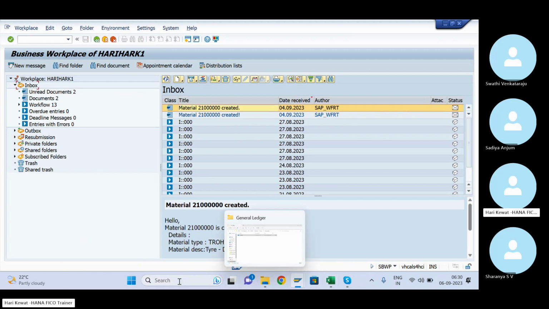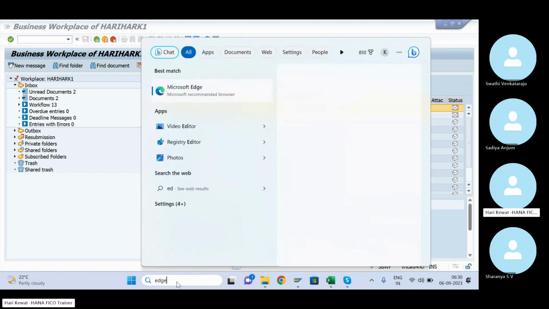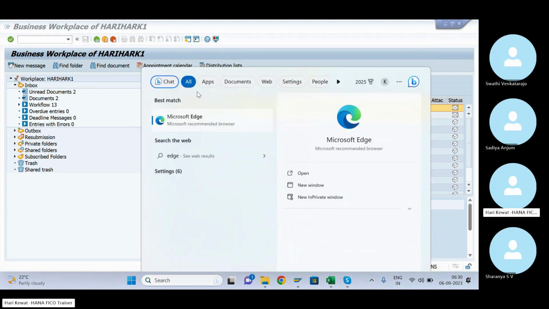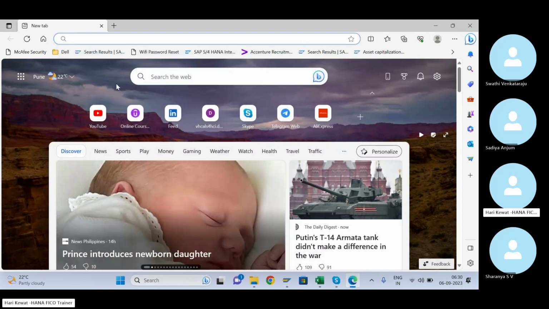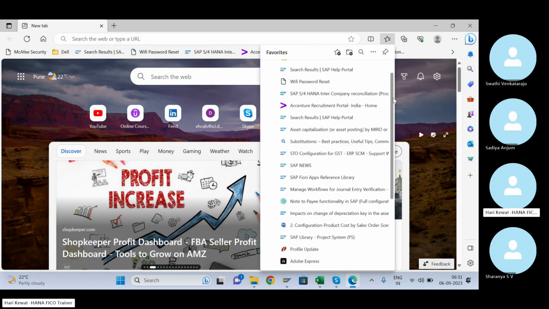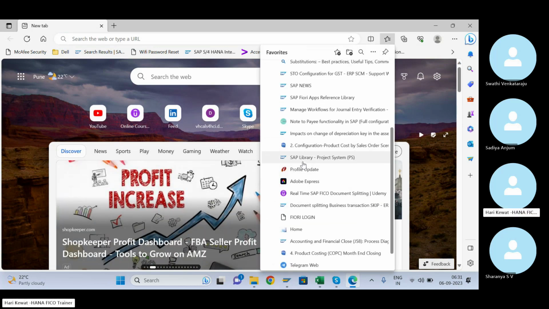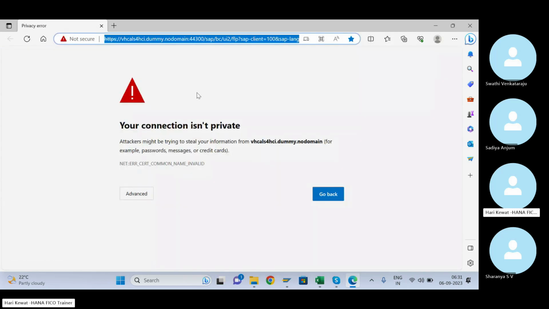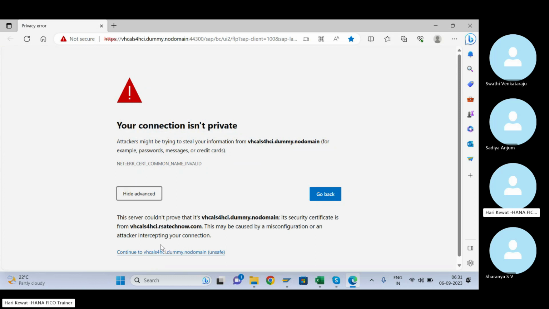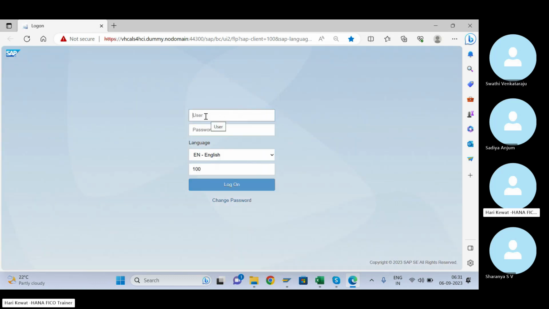So let us log into the Fiori app. We'll load the mass parking. We'll do mass parking because during month-end there will be huge parking, 1,000 or 2,000 documents you have to park. Then it becomes very difficult to do one by one. Because of that, SAP has now given this Fiori app, so you can do mass parking.